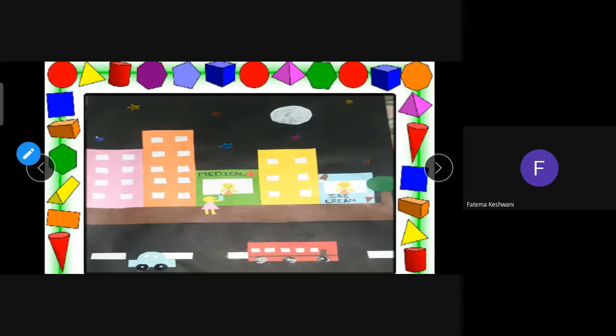So this one you can see, in this car she has used a circle for the wheel, then for the windows triangle, and for the upside roof that half circle, means semicircle, and these buildings, then this medical store, then here also there are two cellars for that. So she has only used shapes. So this is that activity. The activity is that you can draw anything using the shapes.